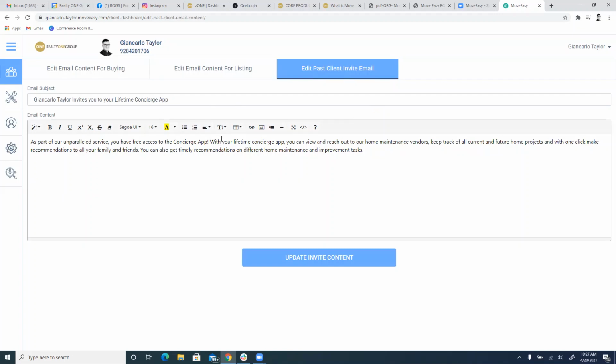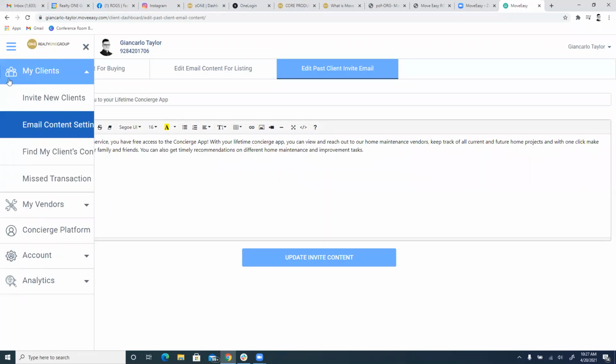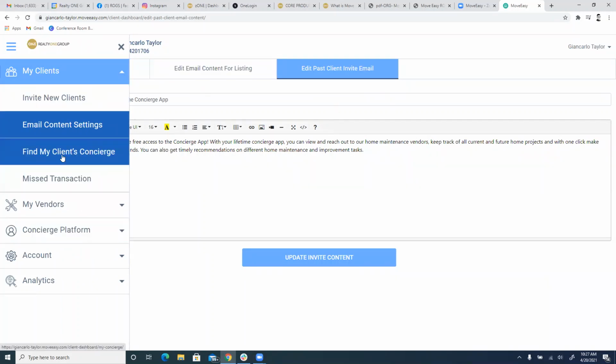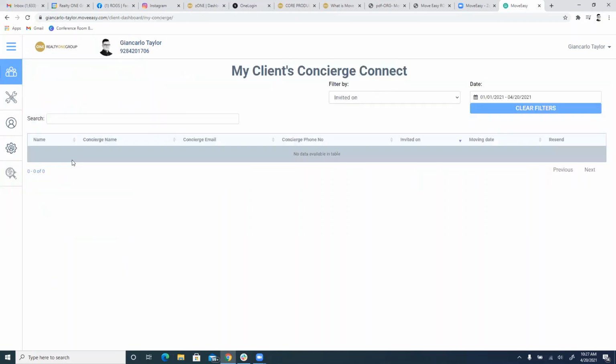So as you see here, I already have the email set up, but I don't have the invite past client on right here. So I'll have to email the help desk and ask them to add it to my profile. If you guys have your clients, right, so you have multiple clients, you can actually come to the spot right here,